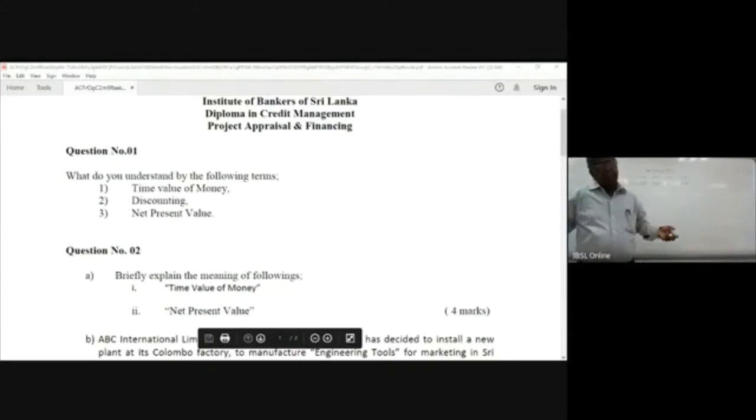You take any note, a 1,000 rupees note, always it is 1,000 rupees. A 5,000 rupees note, always it is 5,000 rupees. So we call it face value of money. With this 100 rupees now we can purchase bread, say a pound of bread is 70 rupees. Then you can buy about 1.5 pounds of bread now.